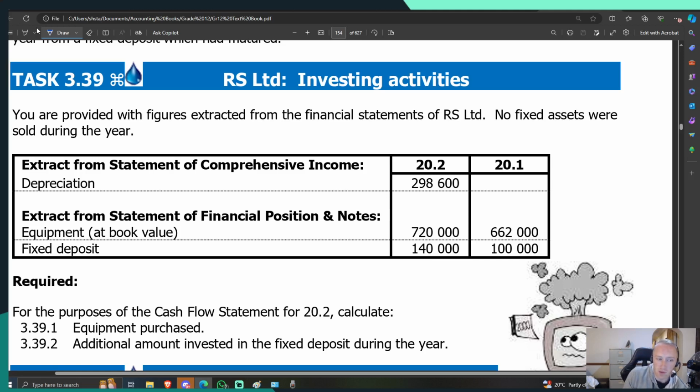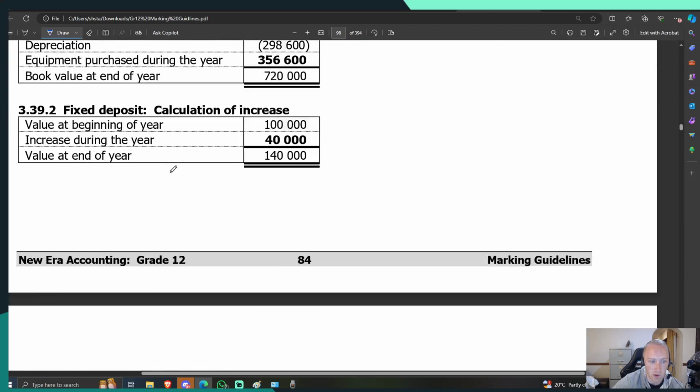Let's start with the easy one. Fixed deposit. Did fixed deposit go up or down? As we can see, it went up from 100 to 140,000. That means that we took cash out of our bank account and put it into our fixed deposit account, which means we had a cash outflow of 40,000. Right? Cash outflow, 40,000. Now if we go to the marking guidelines for 3.39,